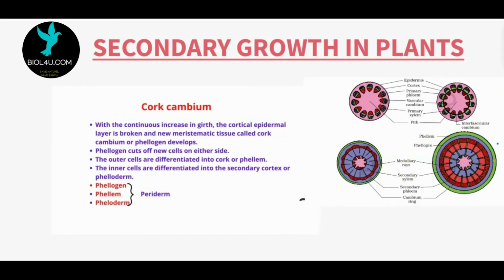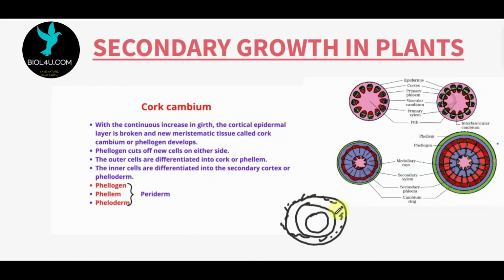Suppose this is the TS of the plant. Okay, so the changes we already mentioned here, that is the heartwood and the sapwood. So new tissues are continuously forming outside and inside also. As a result, this outer part becomes crushed. So the outer part is crushed, and this damage should be repaired. So for the repairing of this damage, a new layer of the cambium is forming here, meristematic tissue forming, and